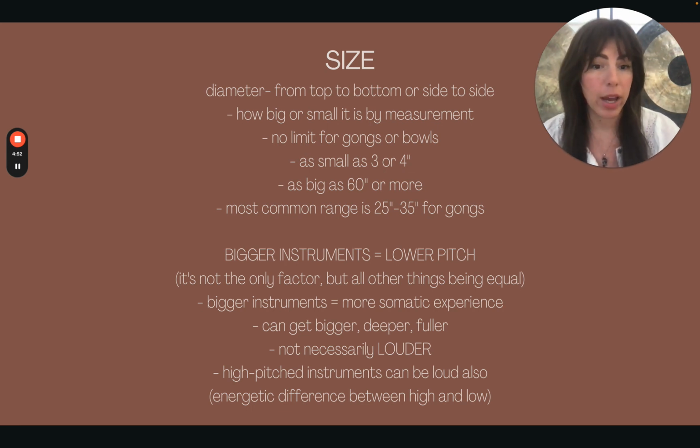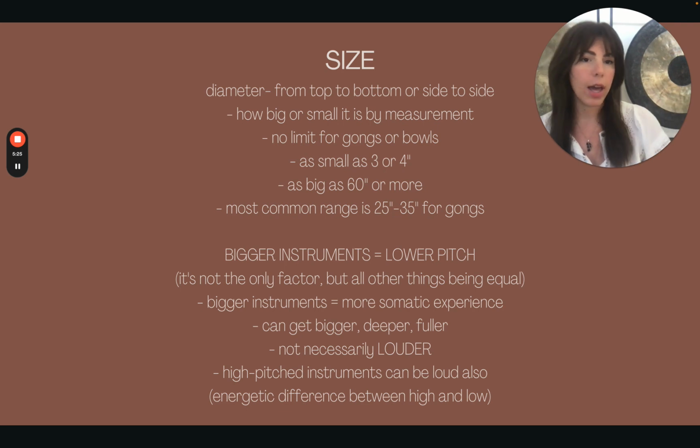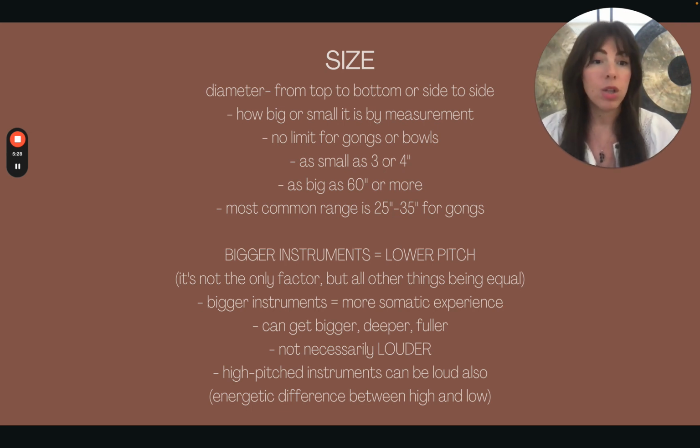The most common range, though, for gongs is between 25 inches to 35 inches, and the standard size for sound healing is 30 or 32 inches. So when you're looking at that, that's going to look like a gong to you. Around 30, 32 inches, when you see that out in the wild, you're going to recognize that as a gong. And things that are below 25 inches are going to look more like a cymbal, like what you play on a drum set. And once you get above 35 inches,